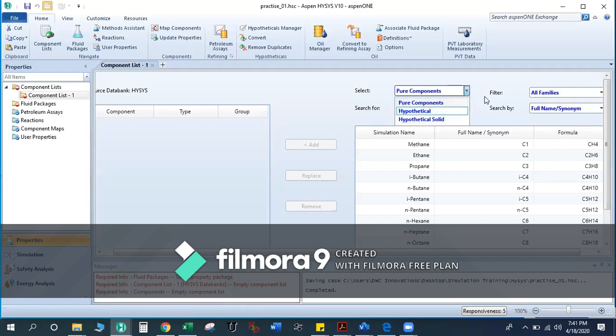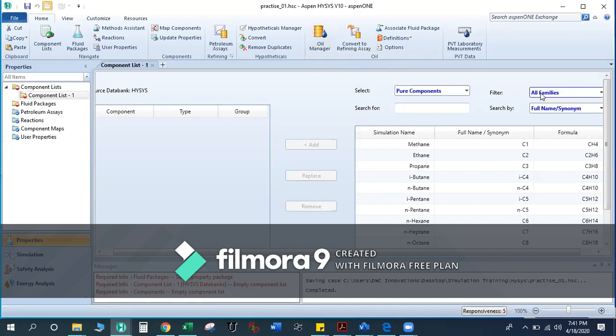I have just discussed one more thing, that is crude oil or oil characterization. That option is not listed over here. You can find it from the oil manager. From the oil manager we will characterize the assay and convert those assays into pseudo components. That again we will go through in the next session.